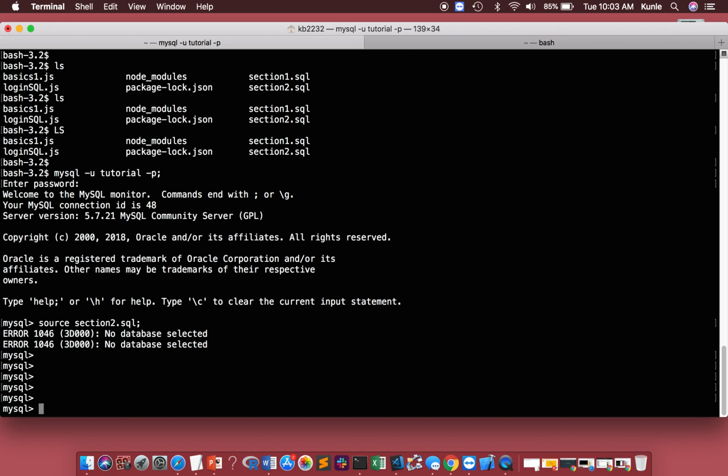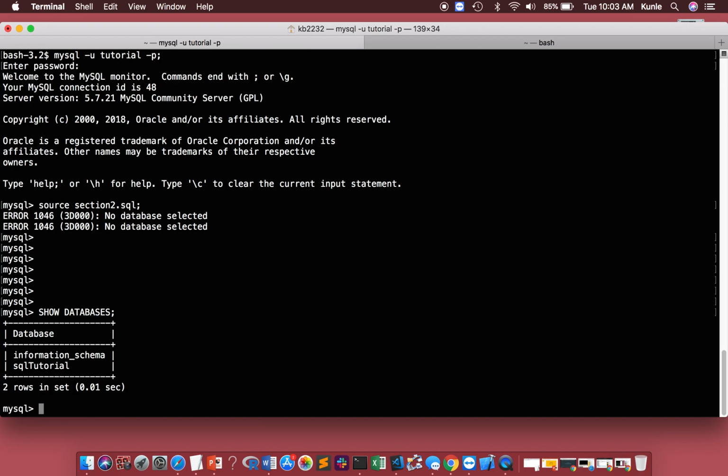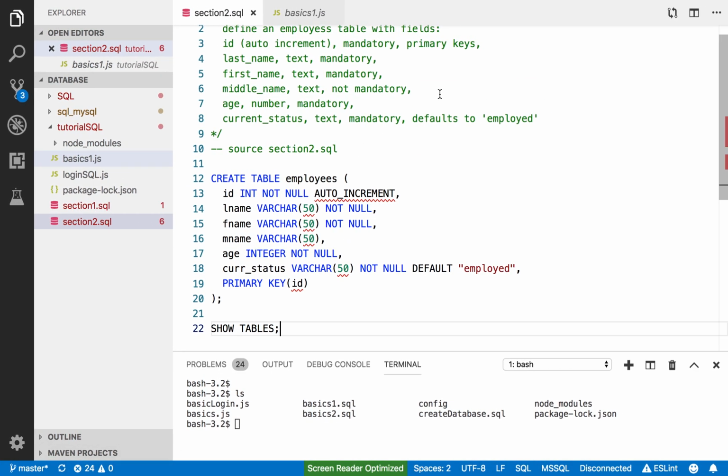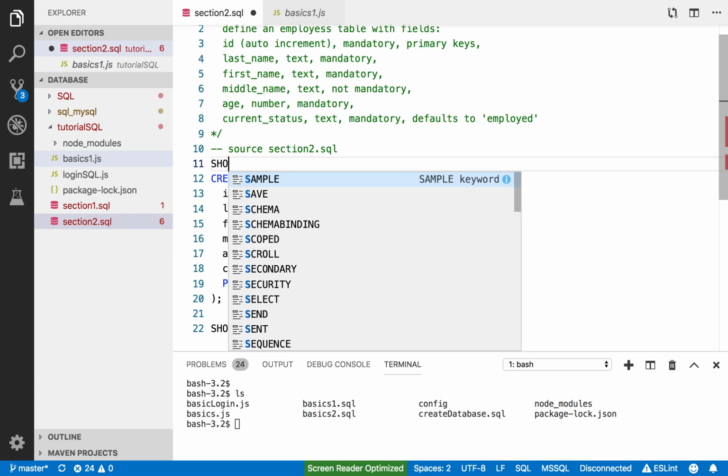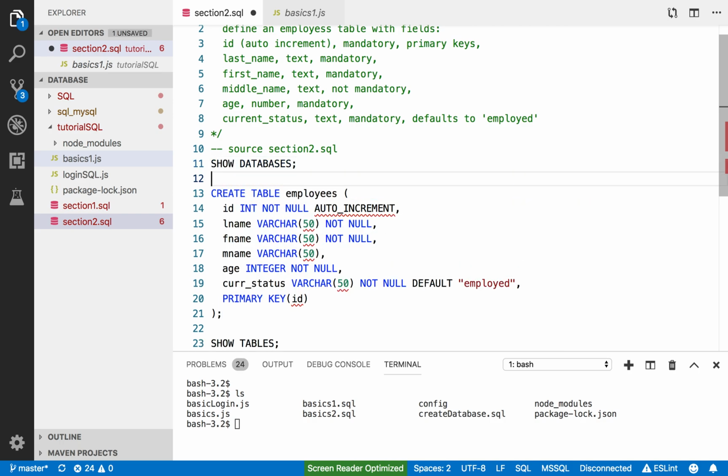Oh, because we have not selected our database. Show database. Look at that. So we're gonna select. You can do all of that here as well. Actually, you know that we can do that here. Show databases, and then